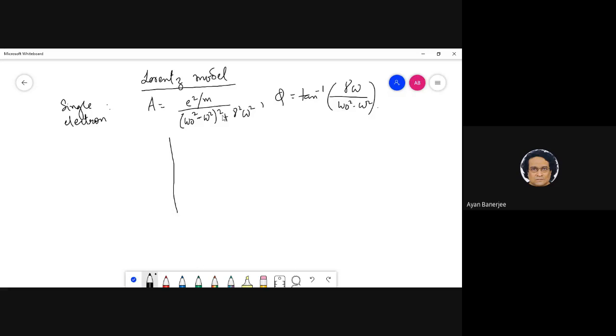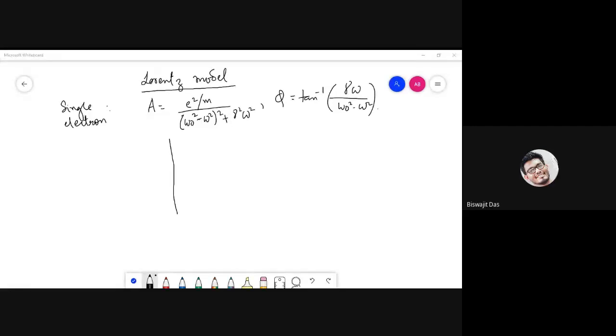No, but see, if there is a square root, then the dimension of the denominator will be inverse time, right? So it is correct. If there is a square root, then the dimension of the denominator will be inverse time, and of the numerator, it's acceleration, right? So it's meter per second squared. So that will be meter per second. So it won't be the dimension of length.